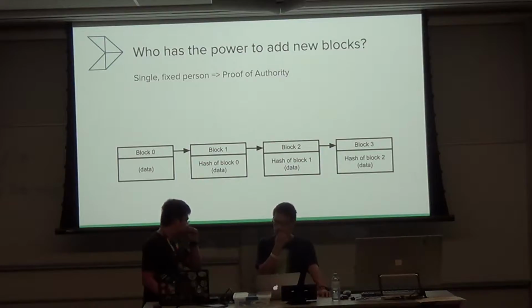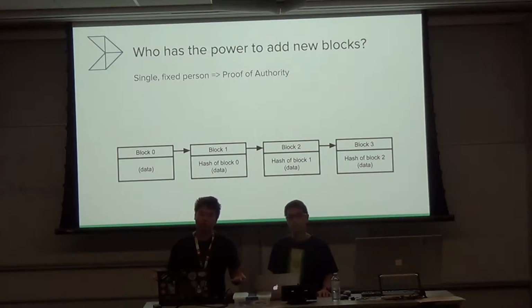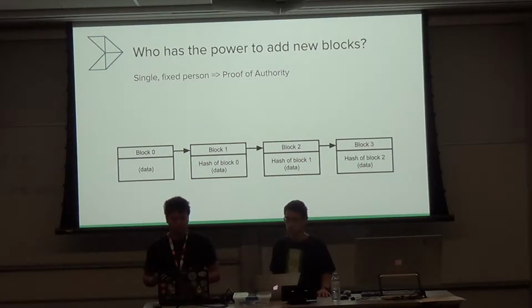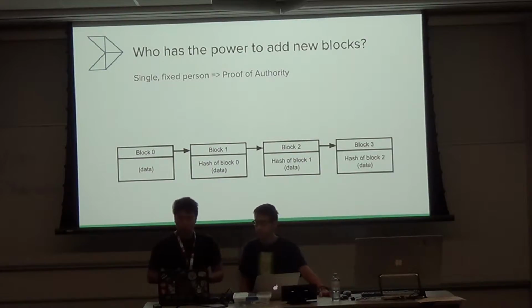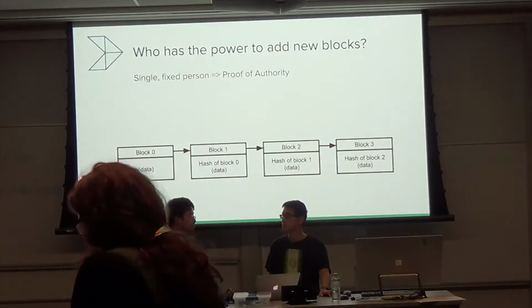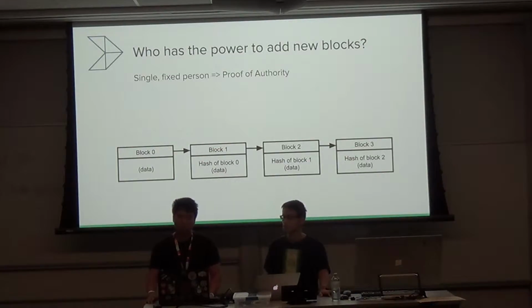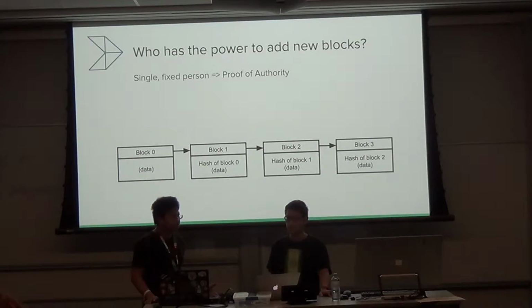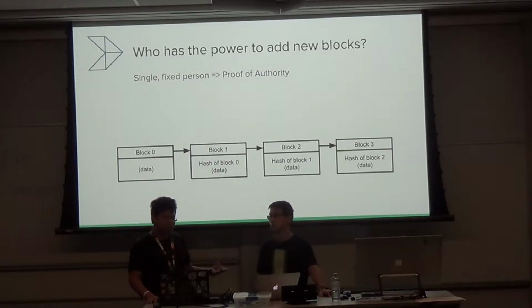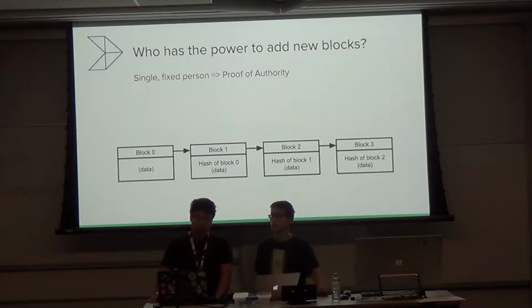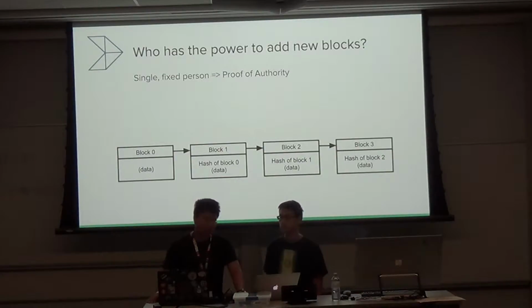All right. So a blockchain by itself, it's just a data structure. It's how you use it that makes the difference. One way to implement a blockchain is to only allow one party to have absolute control of it. So, for example, if you guys are aware of cryptocurrency Ripple, that's an example of this proof of authority scheme. One person controls the entire blockchain. You get some of the benefits of a blockchain over a normal database, such as integrity checking and maybe transparency benefits. But there's actually much more interesting things you can do with this.